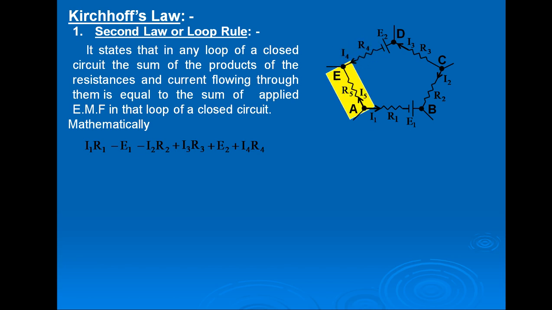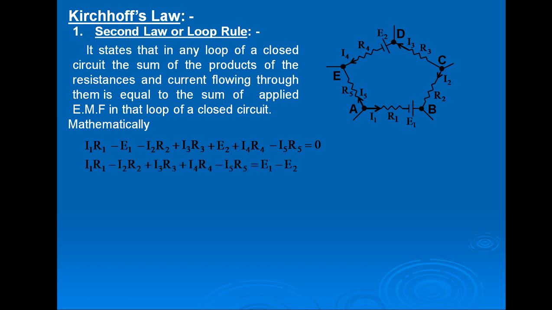In the last branch, current is flowing from point A to E, so E is at lower potential than A. Potential is increasing from point E to A, so it must be negative, minus I5 R5, so it must be equal to 0. That is, between point A and A, potential difference is 0,